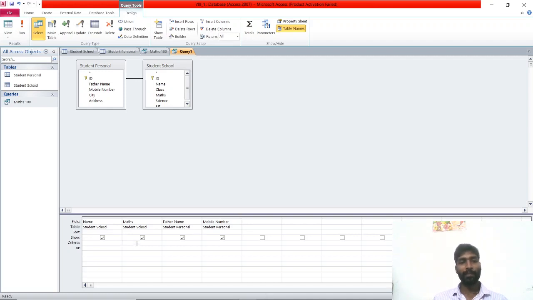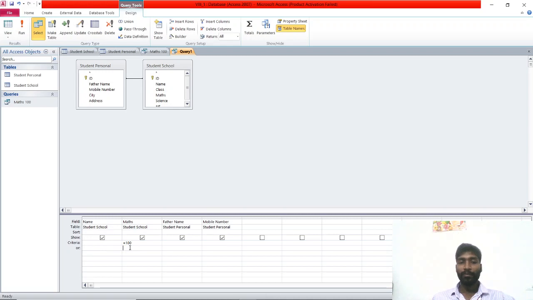Now I am going to give a criteria. First criteria, I want those who have taken 100 out of 100. Okay, first criteria over. For the second condition, at the bottom of that, "or" is enough. This "or" is called multiple criteria. With the help of this "or" only, we can give two or more conditions.